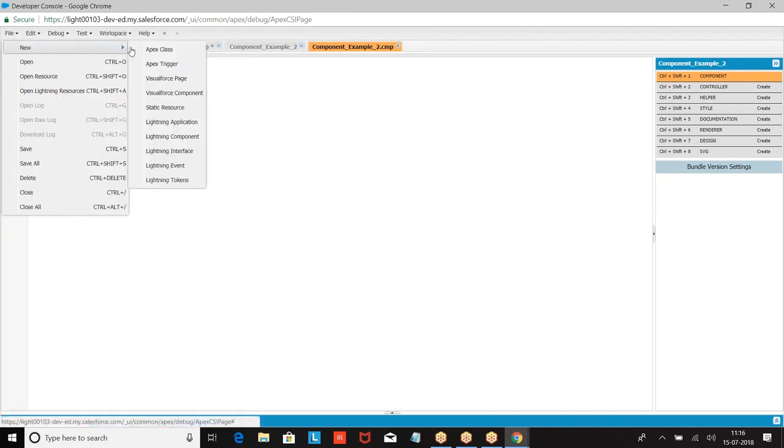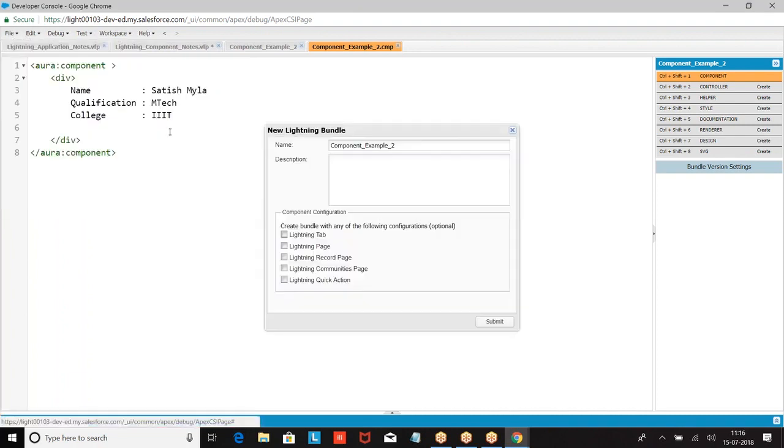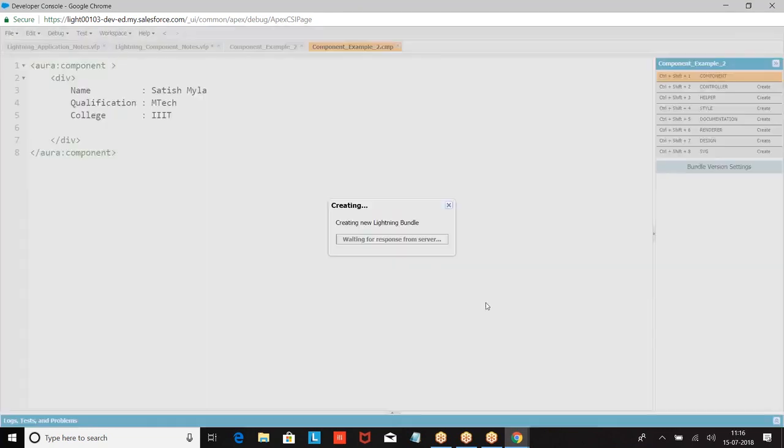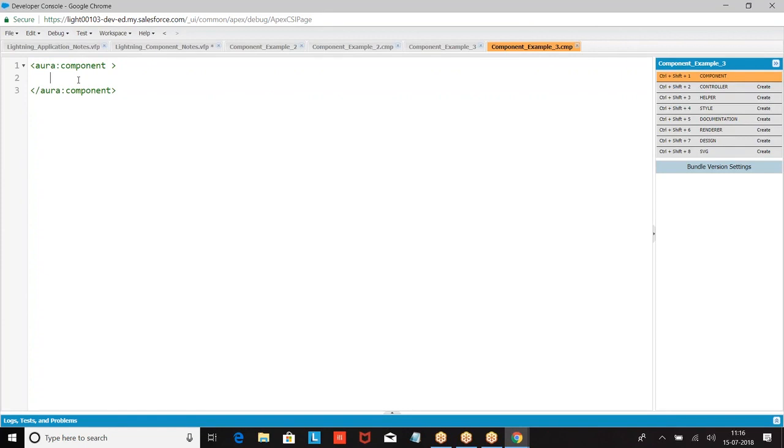Let us take the second component, lightning component.